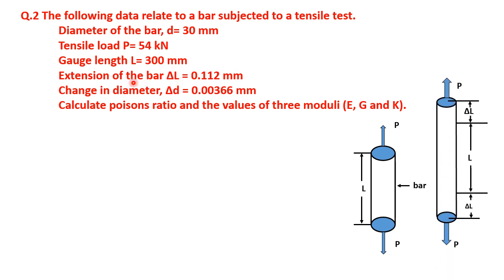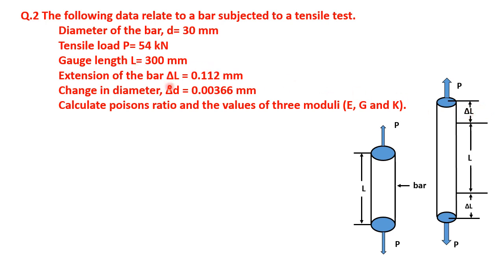So here it means that when this force is applied and it's a tensile force, this bar will get stretched or extended. This was the original length of the bar, and when we pull this bar, then it will get extended. So this extended length is the extension of the bar, that is delta L,